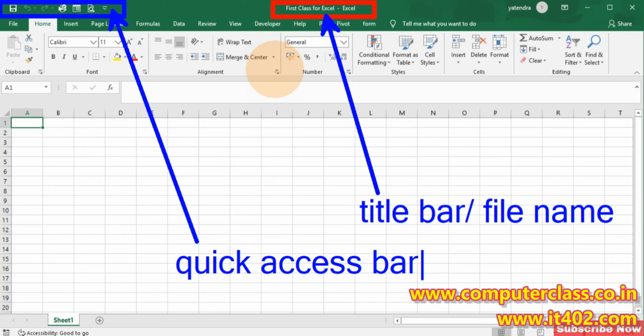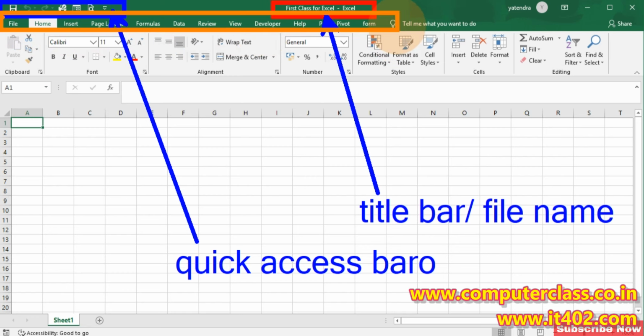Now come to the next one, and this area is called the menu bar. You are seeing File, Home, Insert, Page Layout, Formula, Data, Review, View, Developer, Help, and many more.